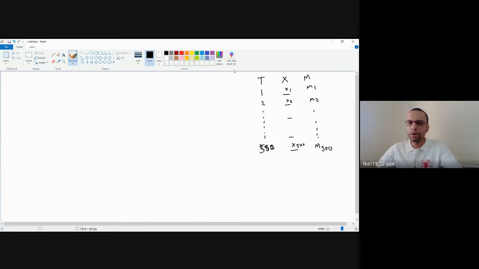Now, this much is the amount of information which is given to me. So let's just highlight this in yellow. From Excel conventions, anything which is the input is in yellow. So now this much is given to me and I want to calculate beta for my stock X. Now X is my stock, M is my broad market, and T is my time step. So imagine I have end of the day closing prices for the stock X as well as for my broader market. So how do I calculate beta?